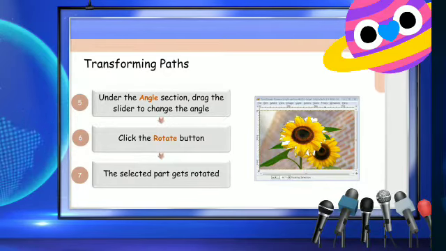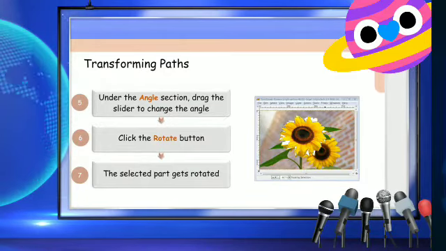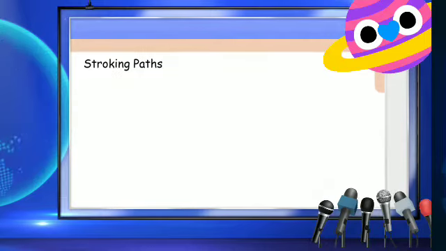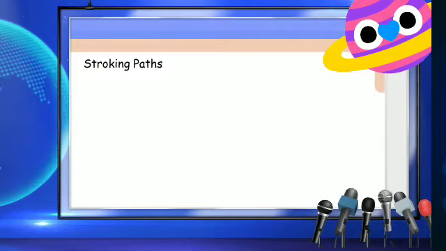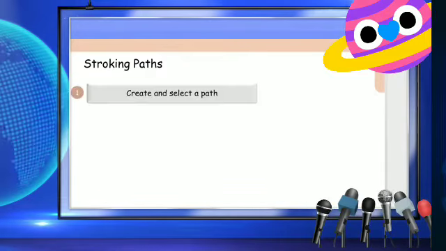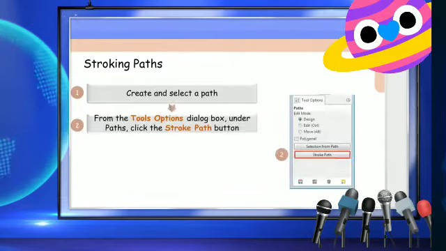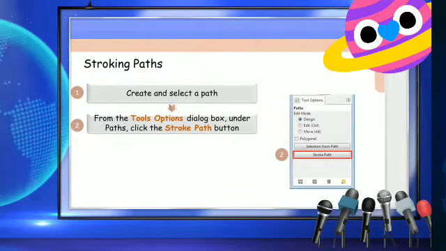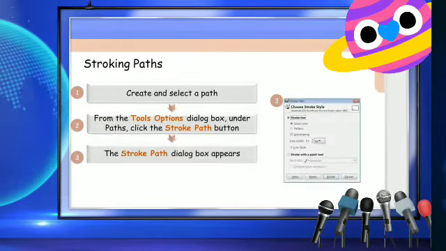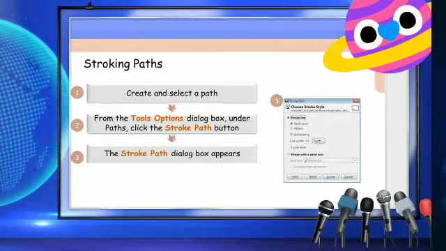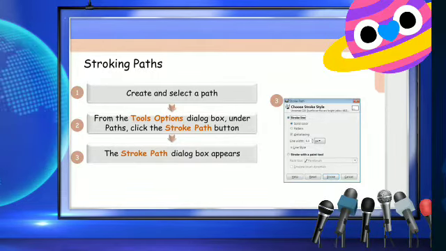So this part is clear, students, which tool we have explained till now. So now come to the next, stroking paths. In your stroking paths, students, create and select a path. From the tool options dialog box under the paths, click the stroke path button. The stroke path dialog box will appear. And next,